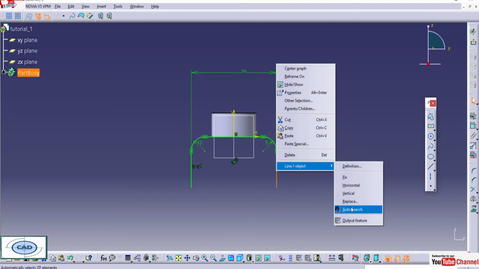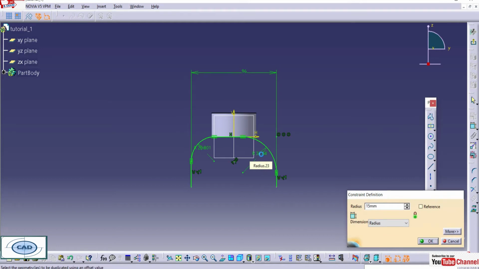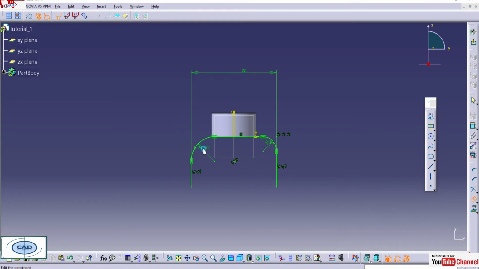Now we will offset this whole C shape, as we know there is a thickness of 10 mm. So let's select all, and use the offset command. We have to select all the entities or profiles.